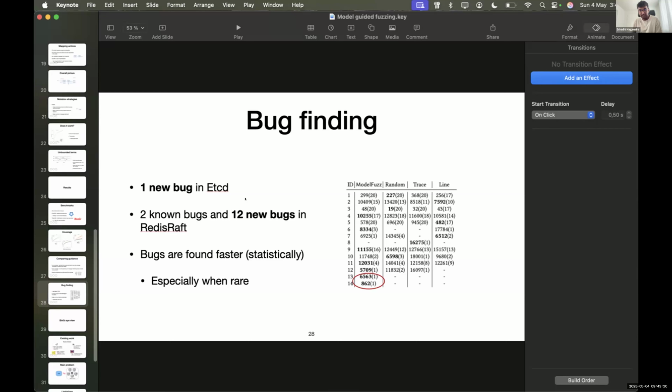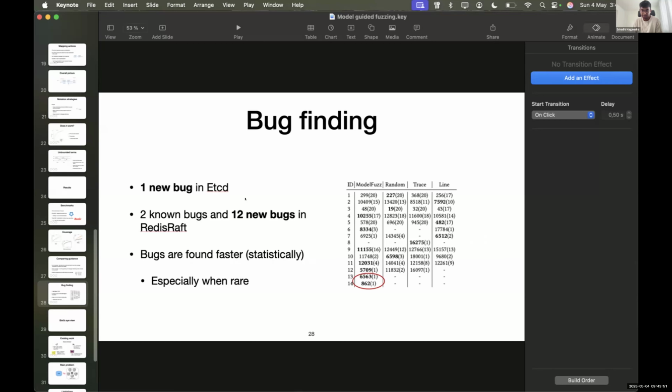The bug in etcd was not in the core protocol, but in how it was being stored. There is a default memory storage that comes with the implementation, and this memory storage was not returning the snapshot information correctly. If it did not have a snapshot, it should never return nil. I think this is one of the specifications of the implementation, but it was not doing that, and we filed a report.